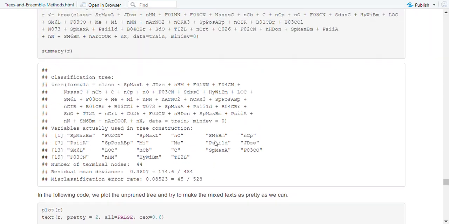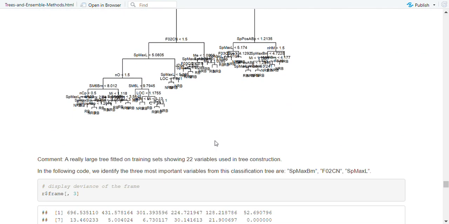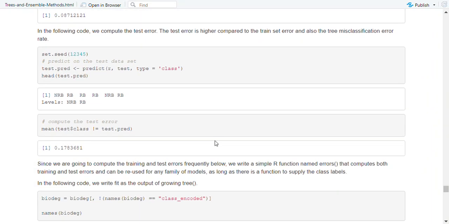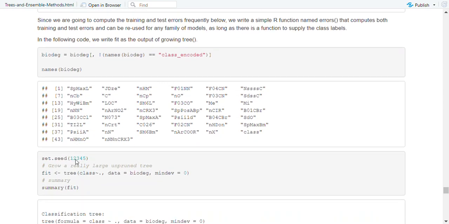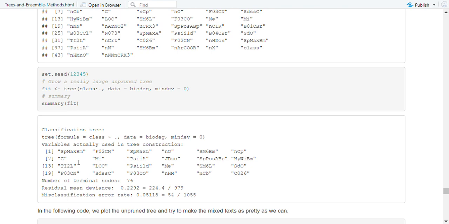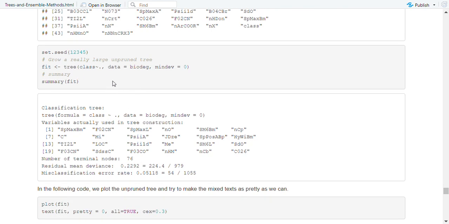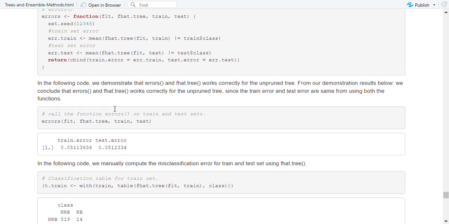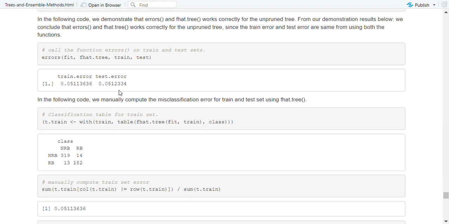So this is the prediction. For the very large tree we had 0.1783681 as the test error, but then when we model a fit, the test error for fit was 0.0512334,